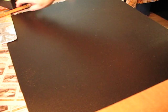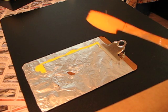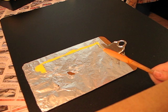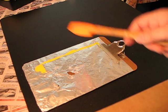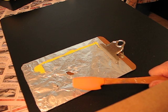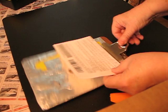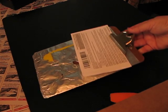Another thing I use a lot is this. When I'm getting ready to hot glue anything or use my, what do you call that? Lost my train of thought. So sorry. I'll come back to that part. When I get ready to use my glue gun, I just set it right on here, and so if anything drips, it drips onto here. If I'm getting ready to emboss something, I just clip it right to it like this, and I can emboss the devil out of that thing and not worry about